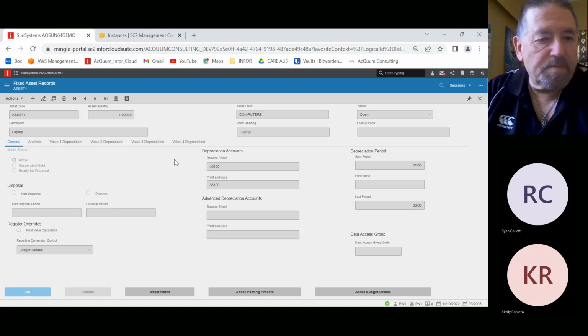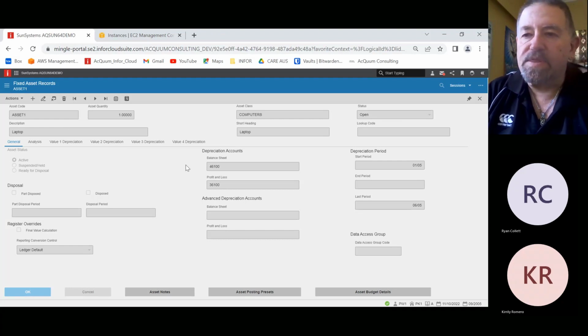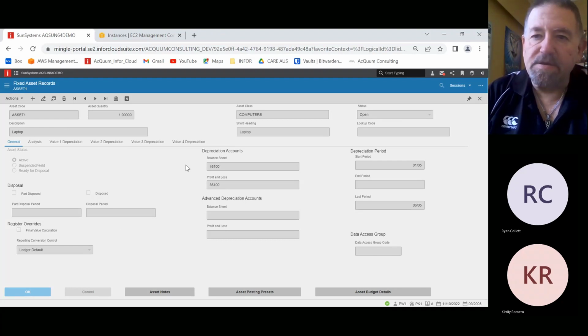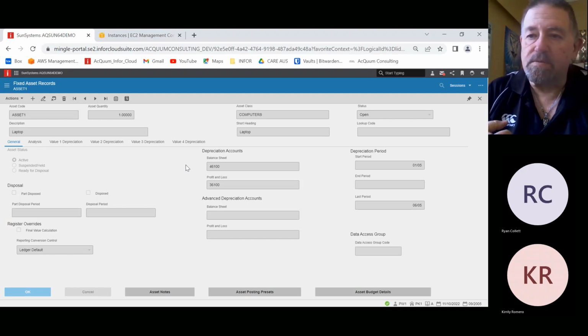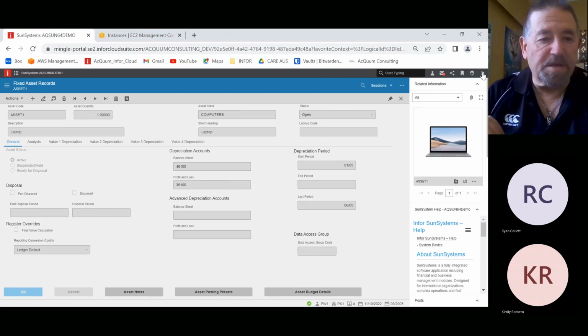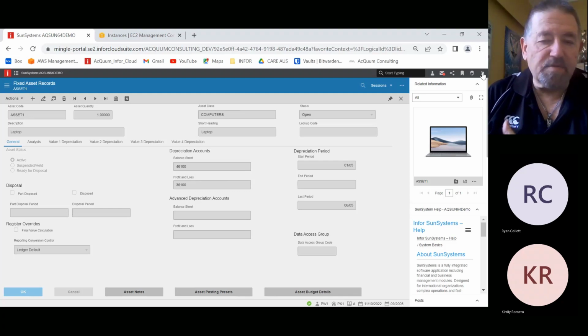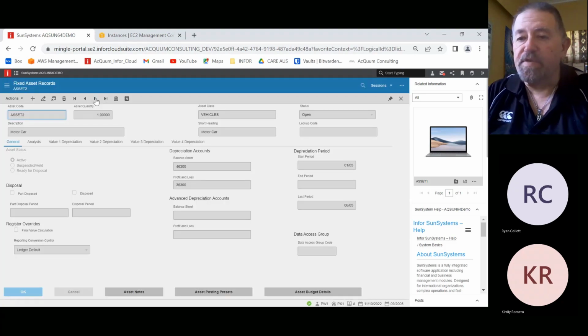So we've journaled some data in, and we've journaled an amount in. One thing that I will add with Sun 6.4 with the cloud is, of course, we do have access to IDM, which is the Infor document management system, which means we can attach other information such as pictures or documents to a particular record. And we can do this with purchase invoices or sales invoices or general ledger transaction lines or assets. So we can attach either a picture or a document to that, or we can attach several things